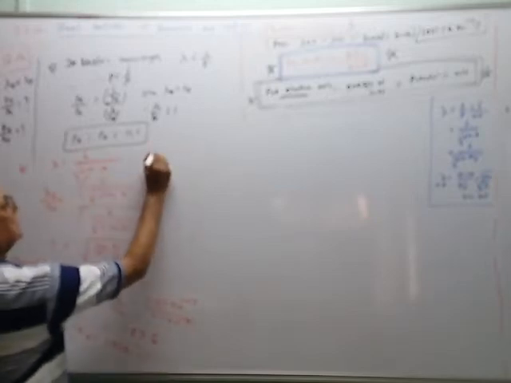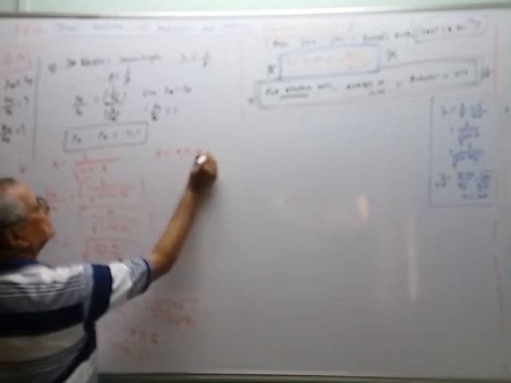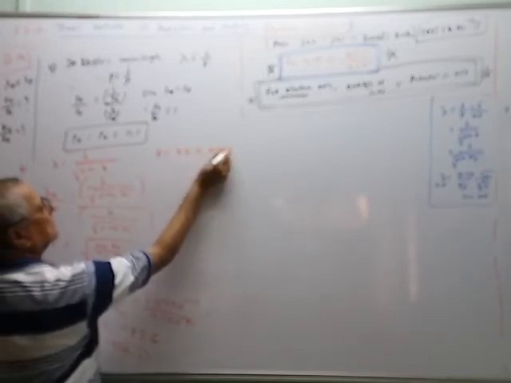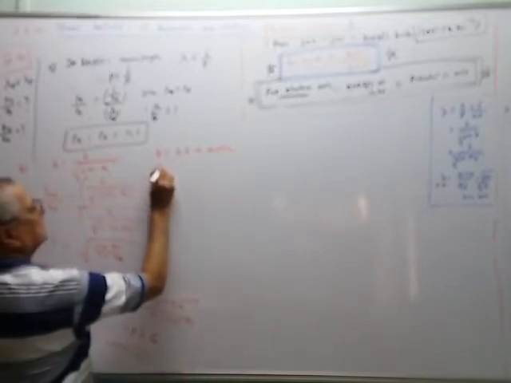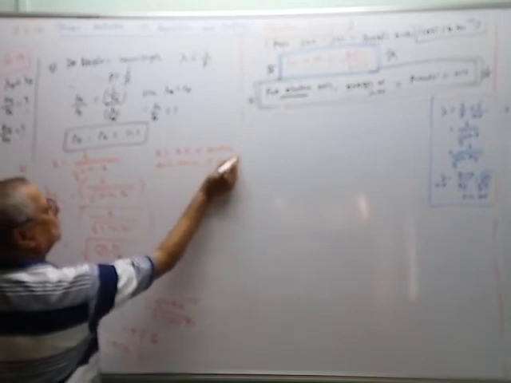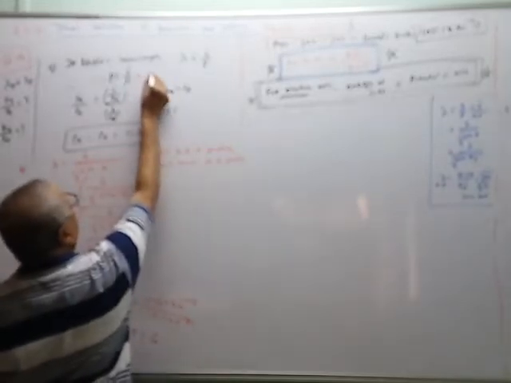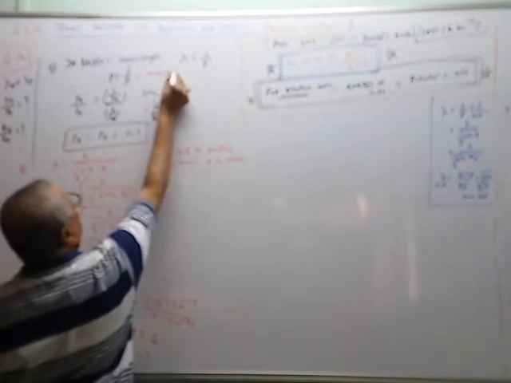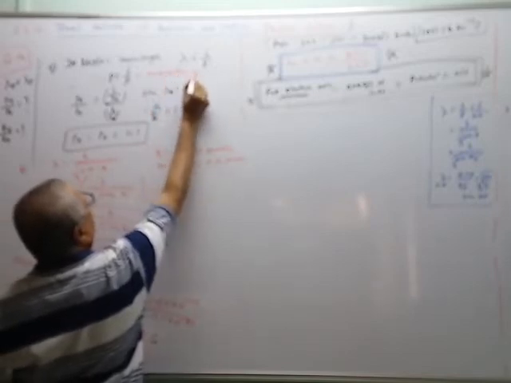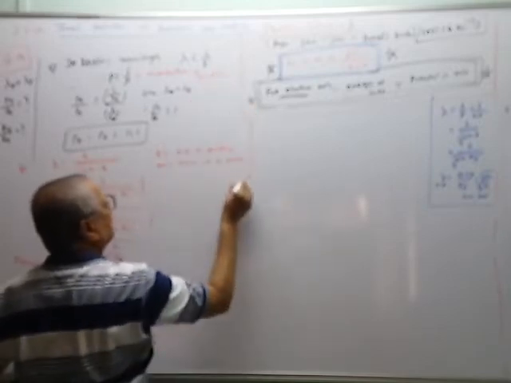In this equation, K is the kinetic energy of the particle. The particle may be electron, may be proton. m is the mass of the particle. In this equation, p is the momentum of a particle. Like this.